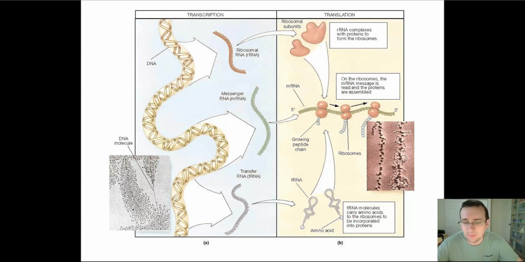RNA molecules have many roles within the cell, but most of these roles are related to protein synthesis. I just wanted to take a few minutes to do a quick review of the many diverse ways in which RNA takes part in our cell's life. First, let's talk about the types. You have the three main types: messenger RNA, transfer RNA, and ribosomal RNA.